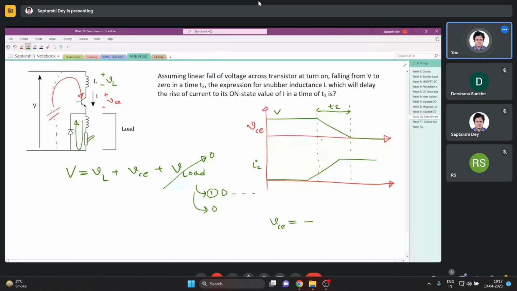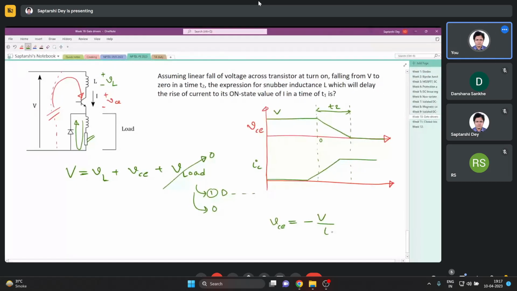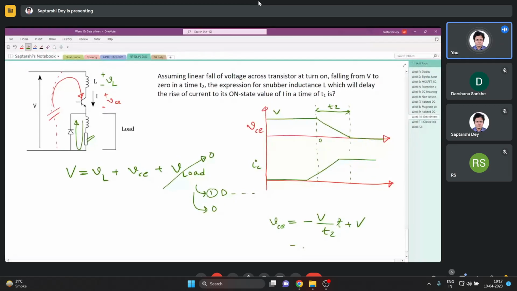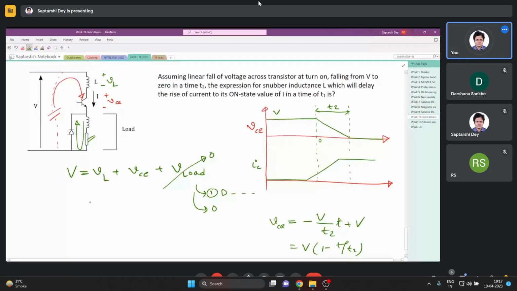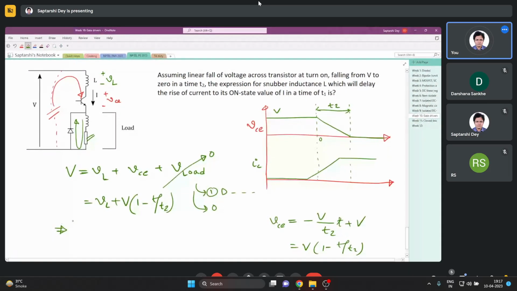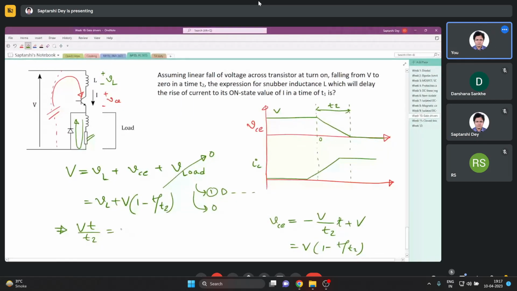So if I take the origin here, then m is capital V by T2 times T plus C is V. So if I take V common, 1 minus T by T2. Okay, so it is VL plus V times 1 minus T by T2. So this V gets cancelled out. Now if I keep it here, then it becomes V by T2 times T equals VL. VL is again L